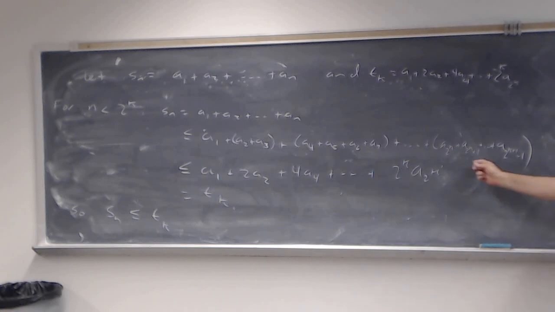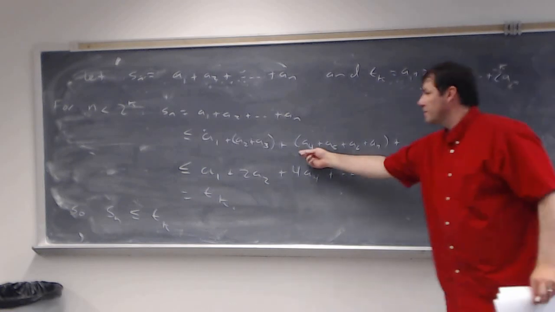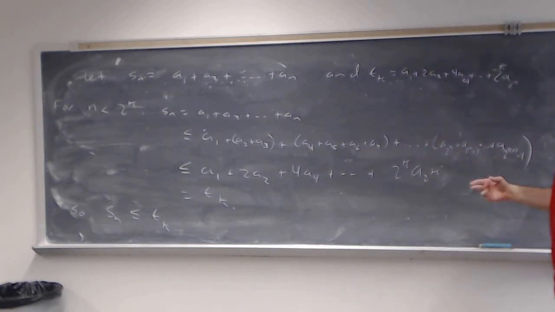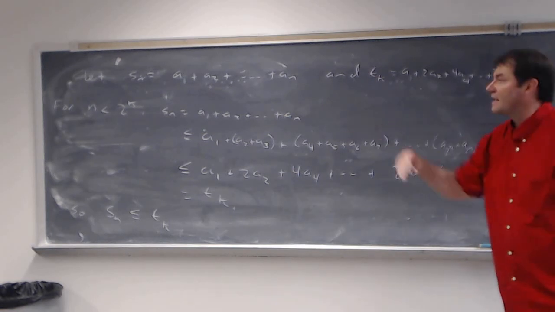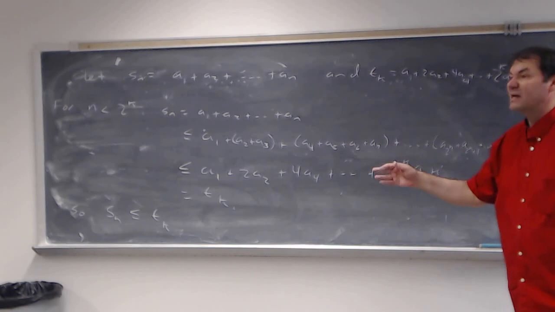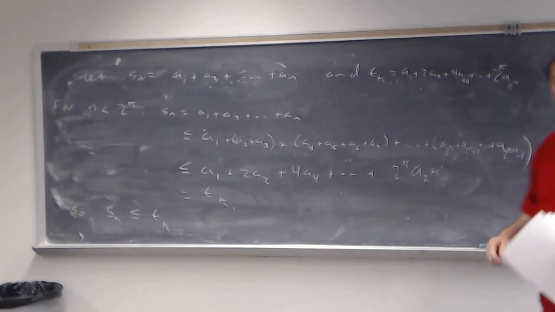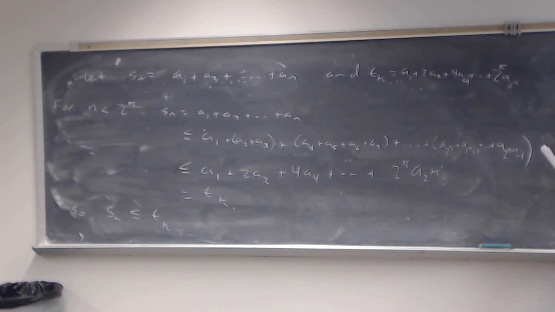A good way of understanding this line, possibly, right here, is letting n be a specific number and k being a specific number. Like, for example, letting n be 7 and k be 3. Try to see if you understand that line. Okay. Now,